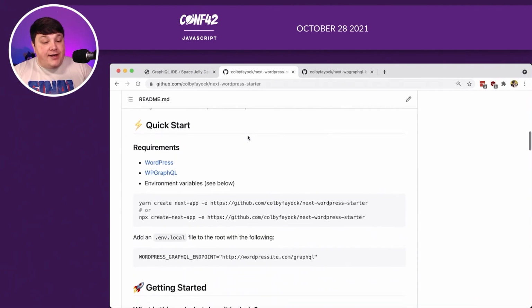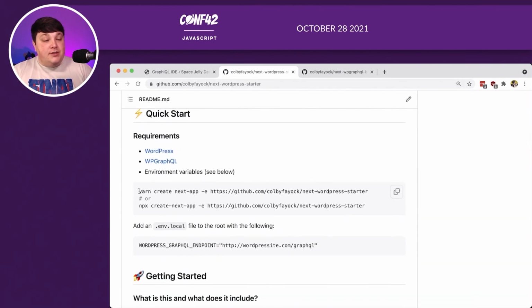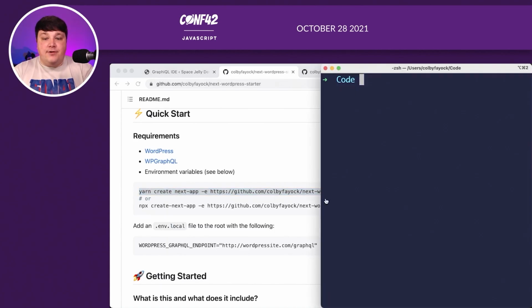Now, if we scroll down here, we can see that the first step is we're going to use yarn create next app, which is going to help us pull this project down as a template and get it started, install the dependencies so that we can get immediately started with it. So the first thing I'm going to do is copy that line, and you can use npm if you want. I prefer to use yarn, but right inside of my project, I'm going to paste that in,